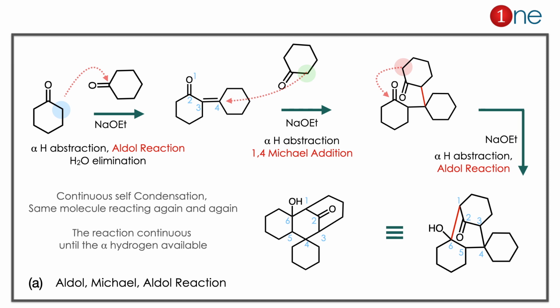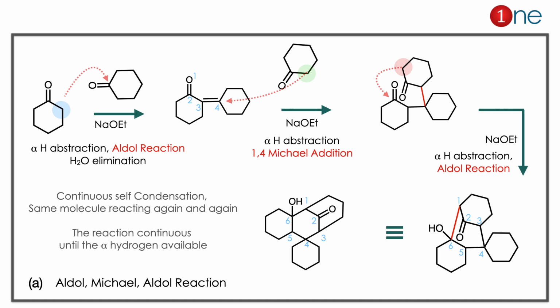The starting material has a ketone and alpha hydrogen, so it goes through condensation. It can undergo self condensation. You abstract the alpha proton, the alpha proton forms the anion, and the anion attacks the carbonyl. You have a new CC bond with the same compound. So you have a double bond there. Then water elimination gives a conjugated ketone. Again the compound undergoes continuous self condensation. Again the same cyclohexanone is added, and 1,4 addition occurs there. So you get a new CC bond with 1,4 addition.